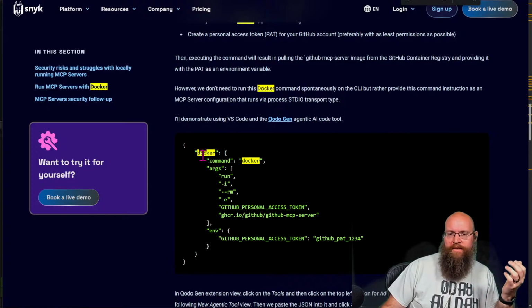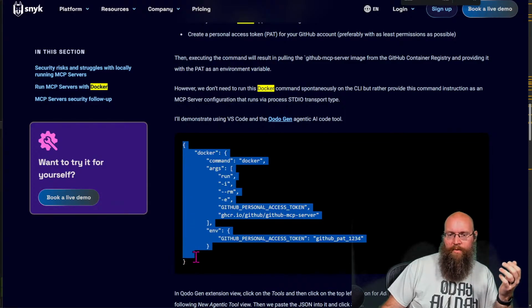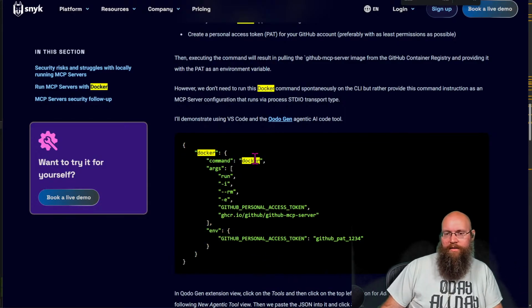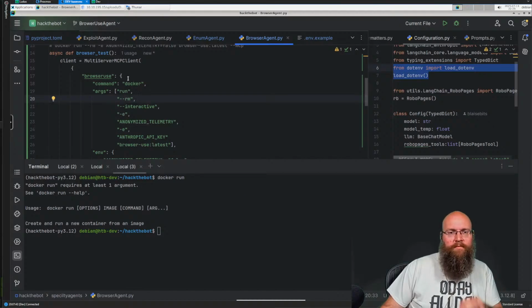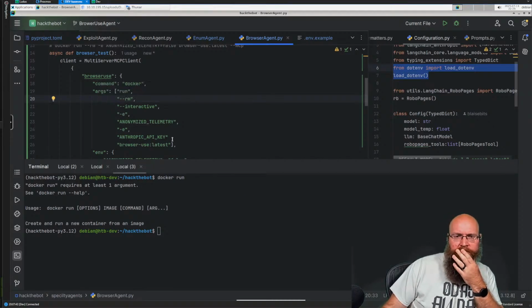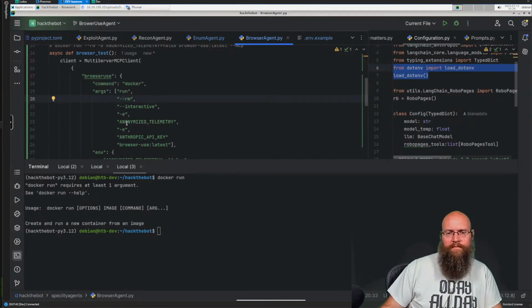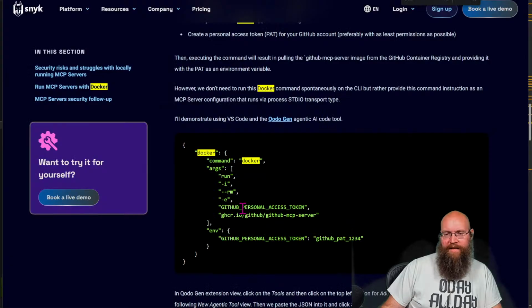Yeah, I mean, this is almost verbatim what we've got, the exact same structure. Command is docker, args, run. Aside from a little bit of syntax sugar, this is identical.